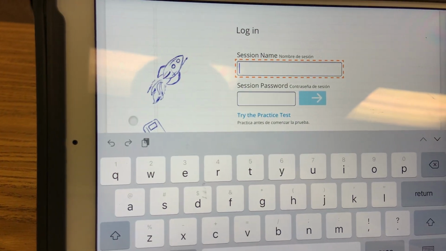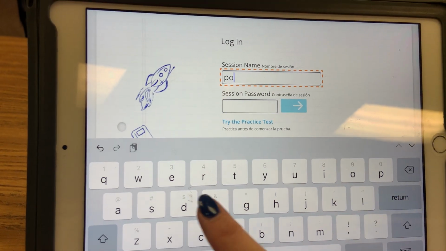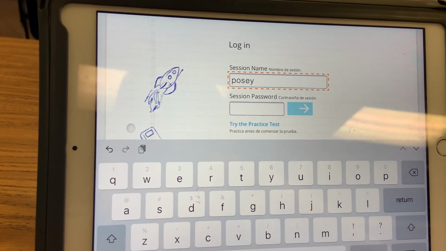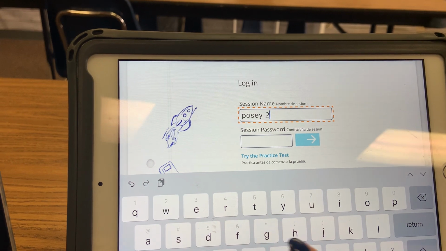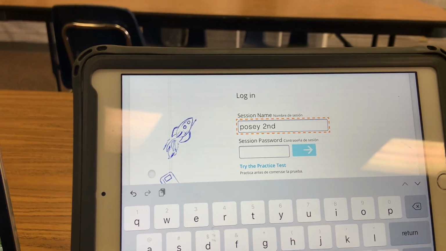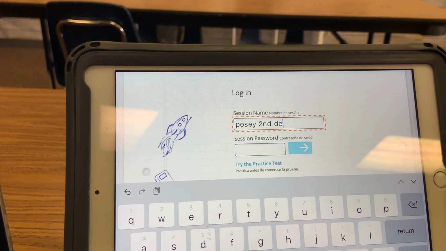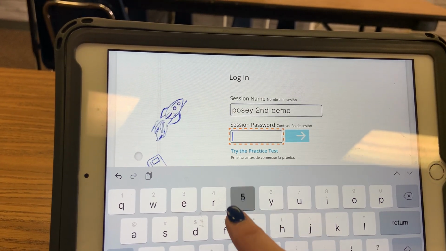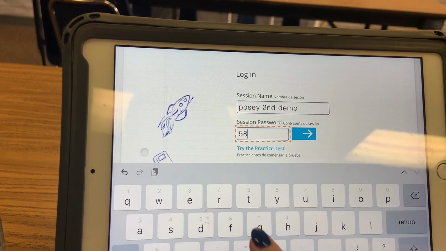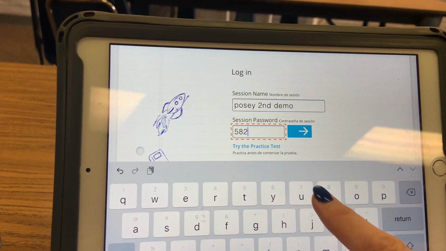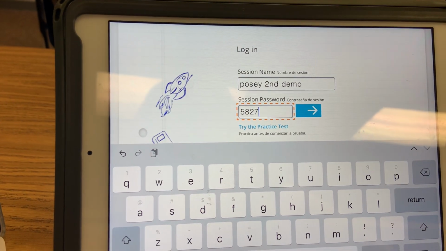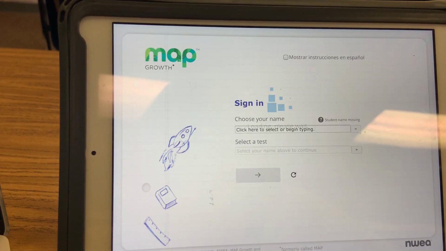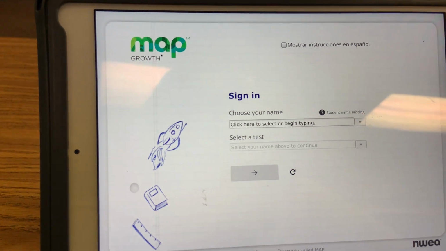Okay, so capital letters do not matter. It doesn't matter if they capitalize it or not. However, if there's a space, the spaces do matter. My session name is Posey Second Demo, and then my password is 5827. Okay, so I'm going to type that in, click the blue arrow, and then this is the screen that